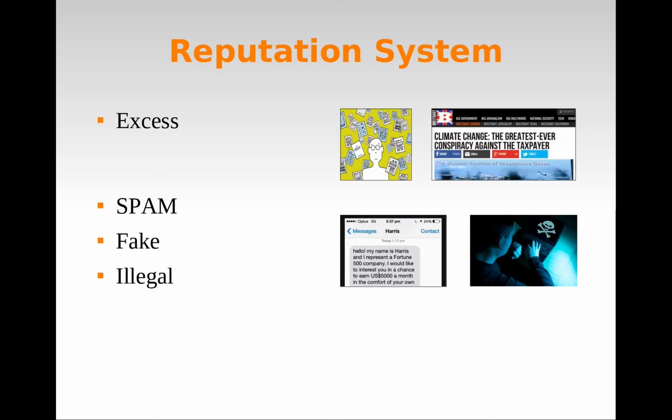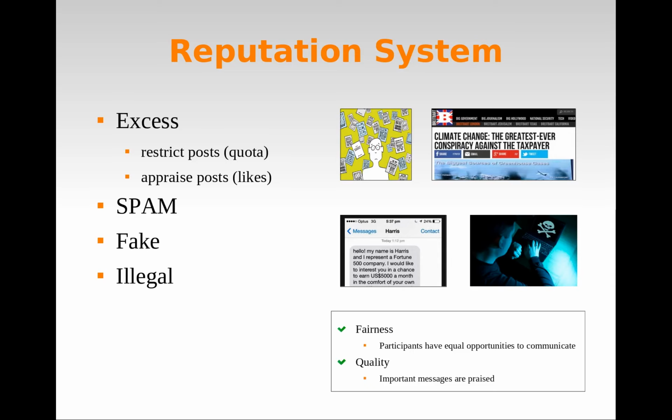Freechains offers an autonomous reputation system to control the quality of the content disseminated in the peer-to-peer network. Against messages in excess, Freechains limits the amount of messages by penalizing new posts without appropriate time spacement. Also, likes and dislikes highlight the most relevant content, serving as a filter against the excess. These two measures offer equal opportunities of communication among the peers and preserve the content quality.